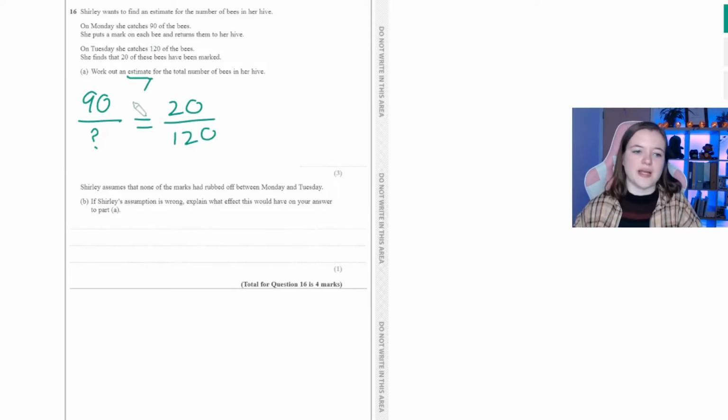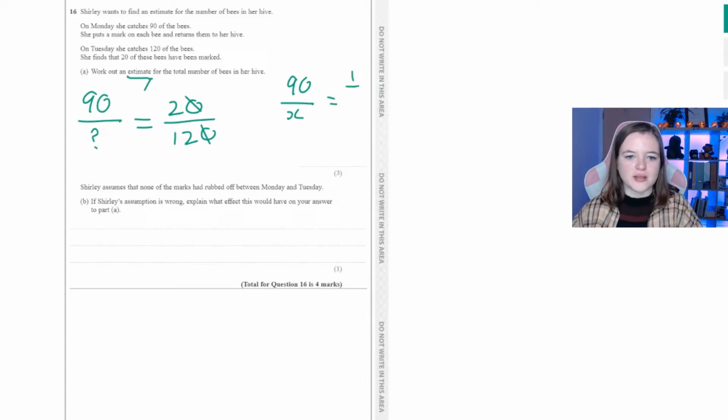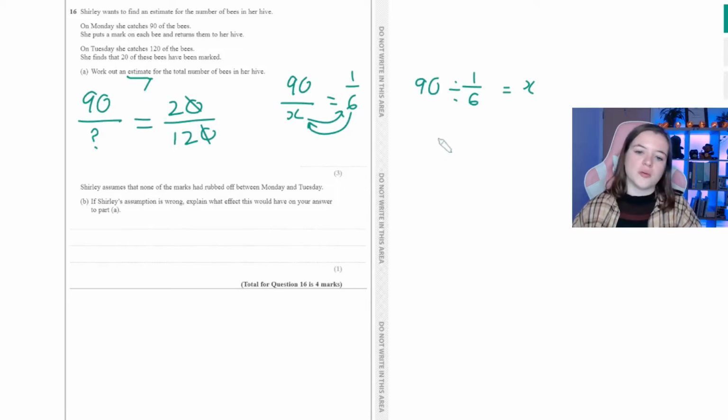So let's go from here. 90 over something is 20 over 120. So what I'm going to do from here is divide these two, get rid of them. So then I've got 90 over something, change to an x, make it more fancy, is equal to a sixth. Okay, and then what I'm going to do is times that up there, divide that down there, 90 divided by a sixth, that's just the same as 90 times 6. All that equals x, and 90 times 6, well 9 times 6 is 54, so I'm going to add an extra 0,